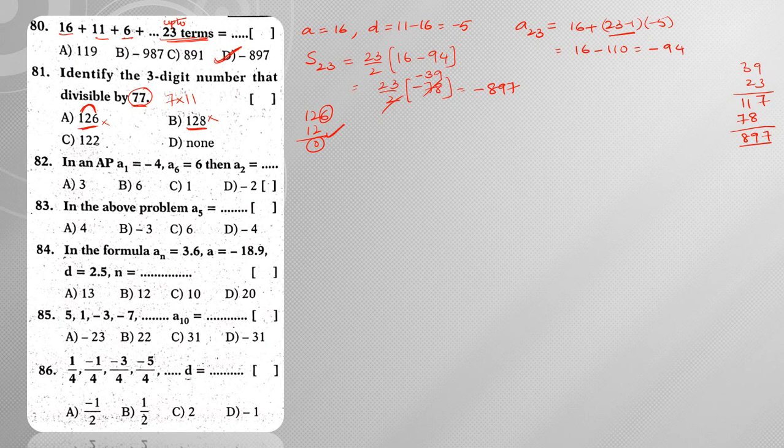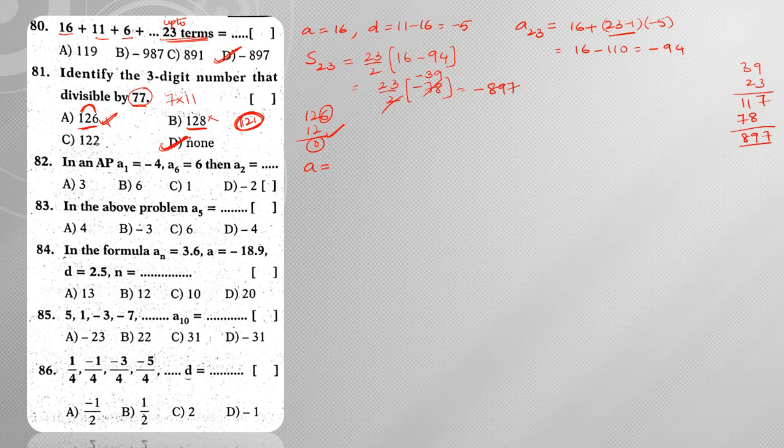This is also not possible because in the 11 table, if I consider 1 plus 8 is 9, 9 minus 2 is 7. Next, 2 plus 1 is 3, so option C is not possible, hence option D will be my answer here, right? This only satisfies divisibility of 7, but it is not satisfying divisibility of 11. And we already know 121 is a number divisible by 11. Clearly, since 121 is not present here, it is not possible, right? Hence answer is D.